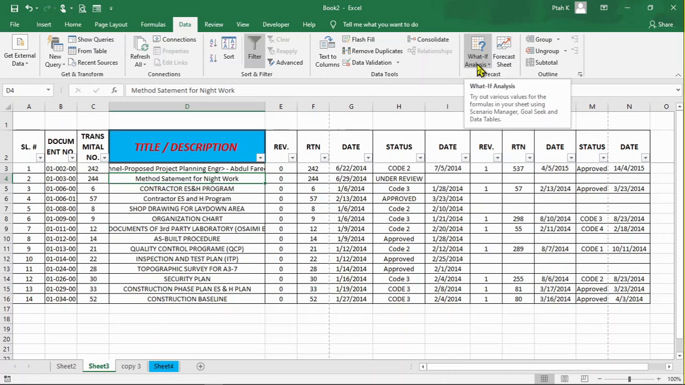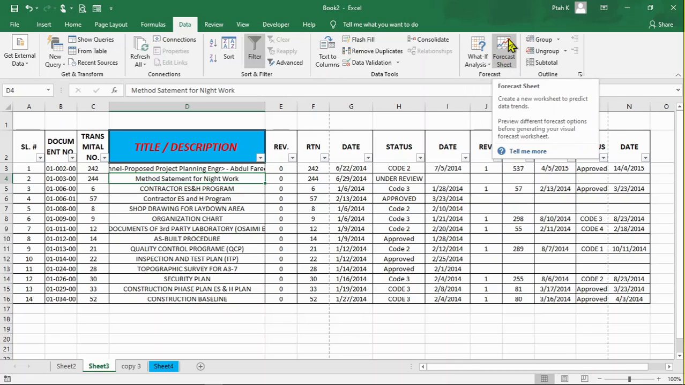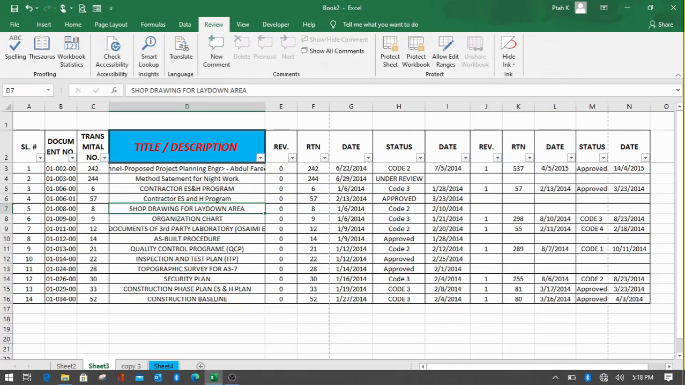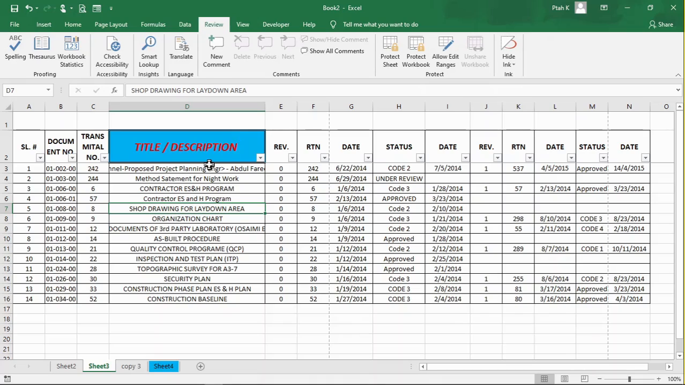We also have here what-if analysis. This is, let's say, also for advanced. Focused sheet also, grouping, ungrouping, and subtotal. This is for pivot tables and advanced Excel. So the next tab is review. So this review tab,